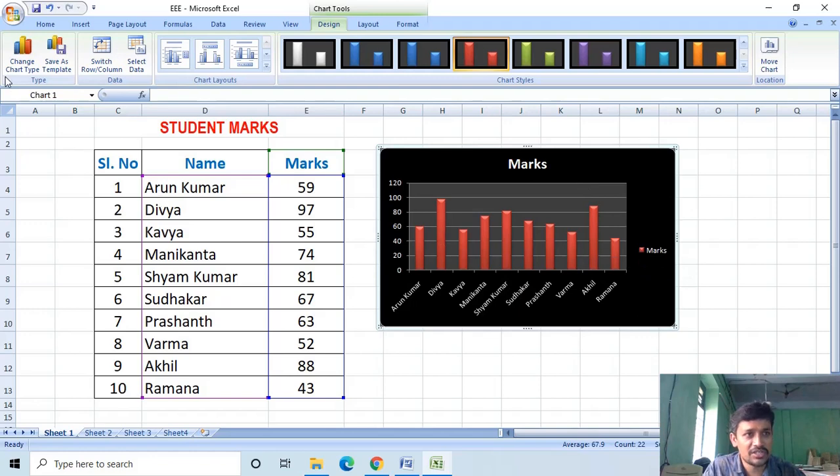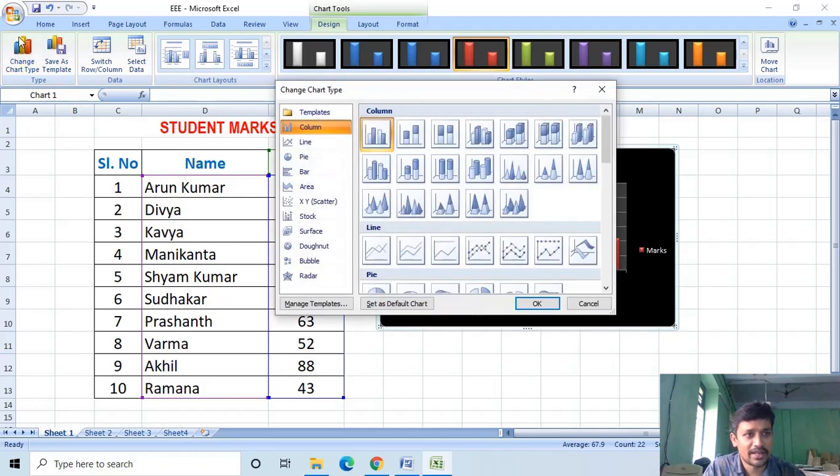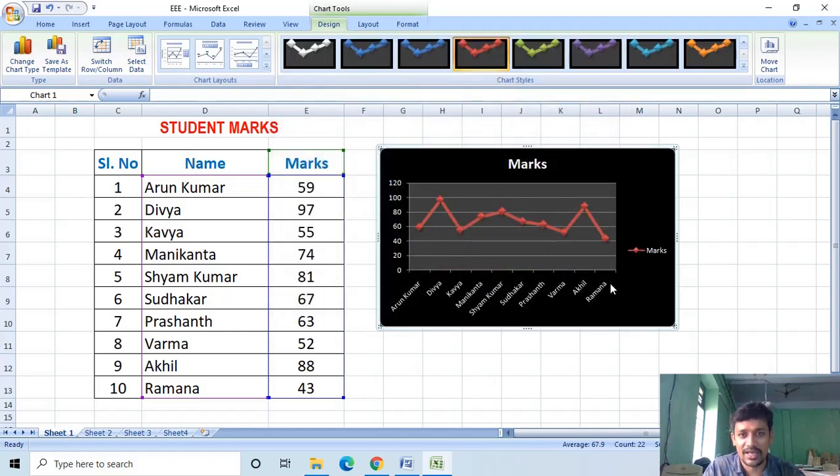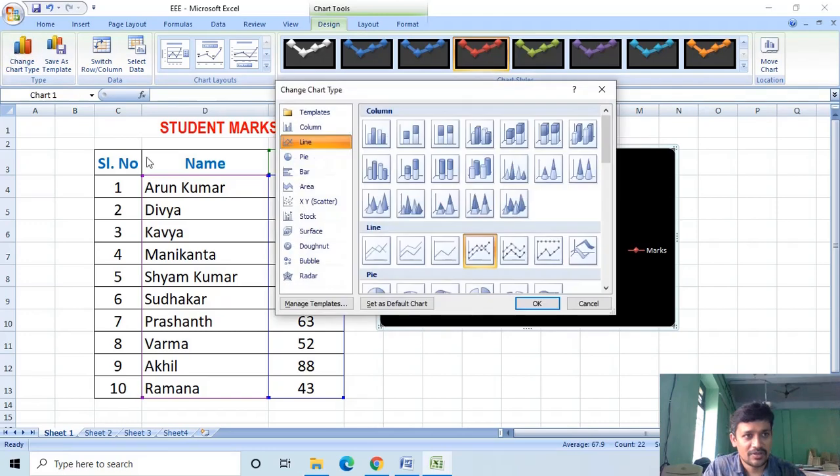You can also change the chart type by clicking on Change Chart Type. After creating the column chart, it will convert it to a line chart also, like this. Now this is the line chart. You can change the chart type to a bar chart.